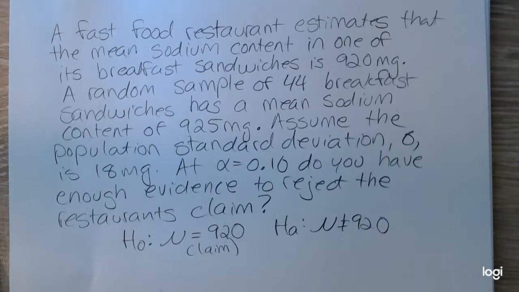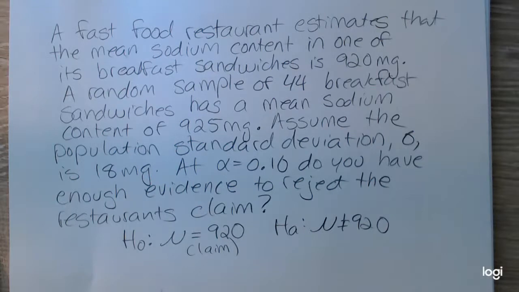I'm going to continue on with my previous example. My previous example was a hypothesis test for the mean when sigma is known. And in my previous video, I found the standardized test statistic and made the decision using the critical value method. In this example, I would like to look at the same problem, but this time I'm going to use the